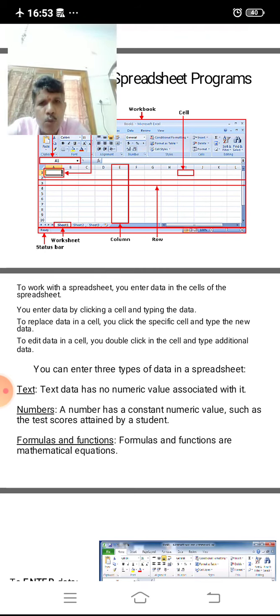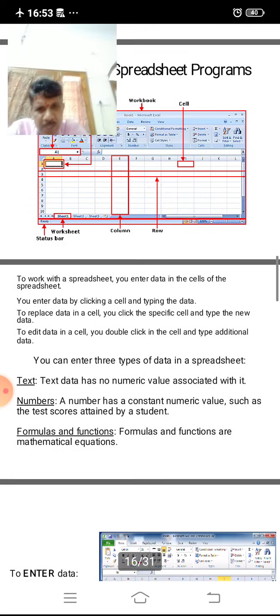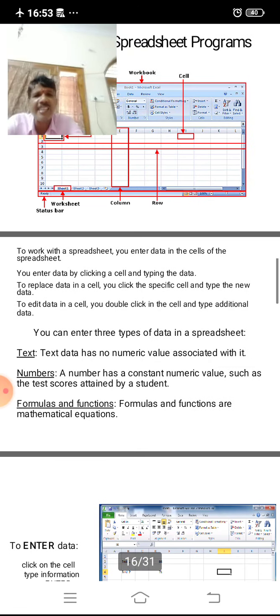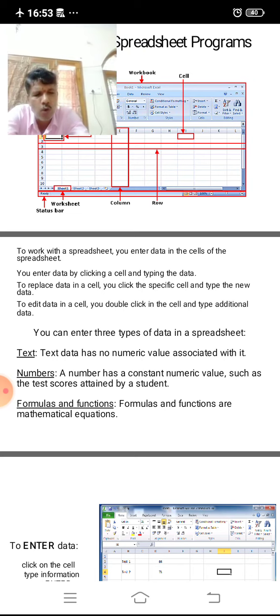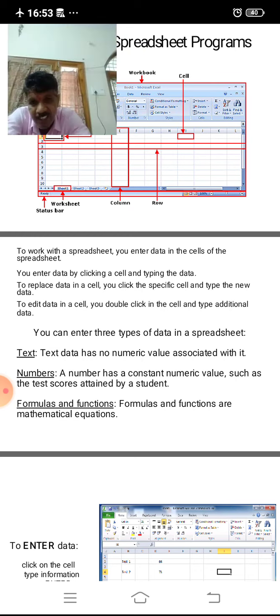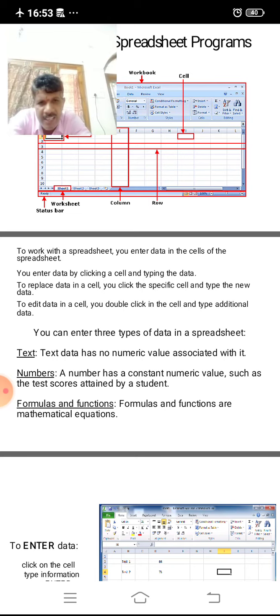To edit data in a cell, you double click in the cell and type additional information. You can enter 3 types of data in a spreadsheet. That is text: whatever alphabets, uppercase, lowercase and special symbols are entered is called text. In addition to that, the user can enter numbers also. A number has a constant value, such as the test scores attained by a student.